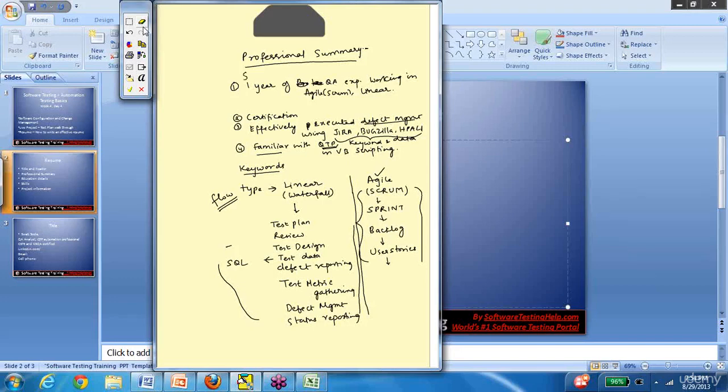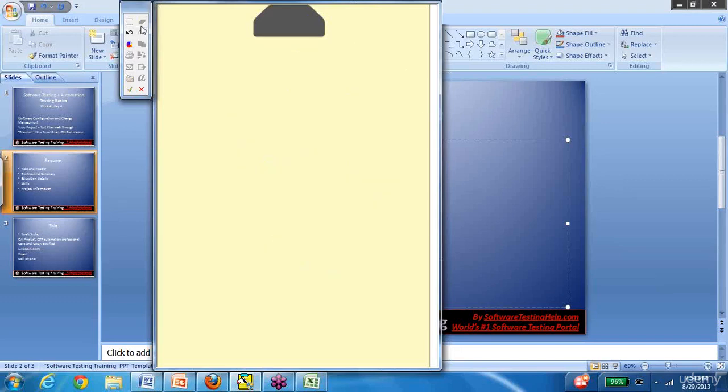The third thing is skills. Skills, again, as I said, tools you can mention here, the environments. What I mean by environments is, most of the applications that we test will be on Windows, right? You might actually take some time and test an application on a mobile, or a MacBook.